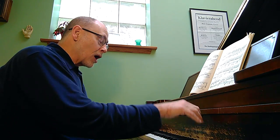So for instance, if I practice this in a dotted rhythm, well, that forces my fingers, it forces my hand to have to react, and I can observe that reaction, right? So if I'm doing it in a dotted rhythm,